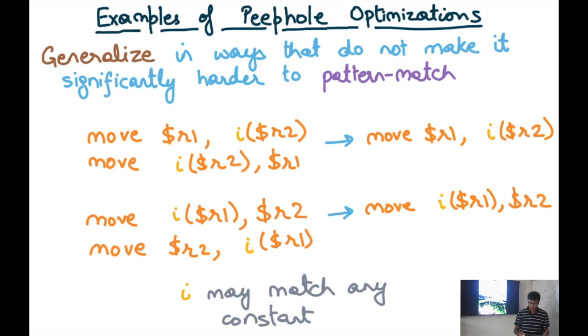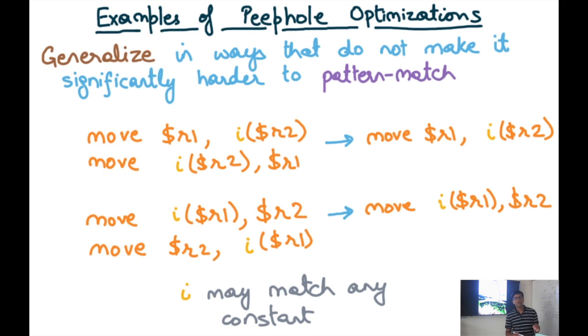All right. Also, there are ways to generalize that do not make it significantly harder to pattern match. So for example, in the previous example, we saw how a memory location had an offset or a displacement argument 0. But we can easily generalize it to any displacement argument I. So for example, just say that if it was a memory operand, then you can pattern match any immediate operand, any displacement operand, or any constant I, and I can also take the value 0, in which case this becomes my generalized peephole